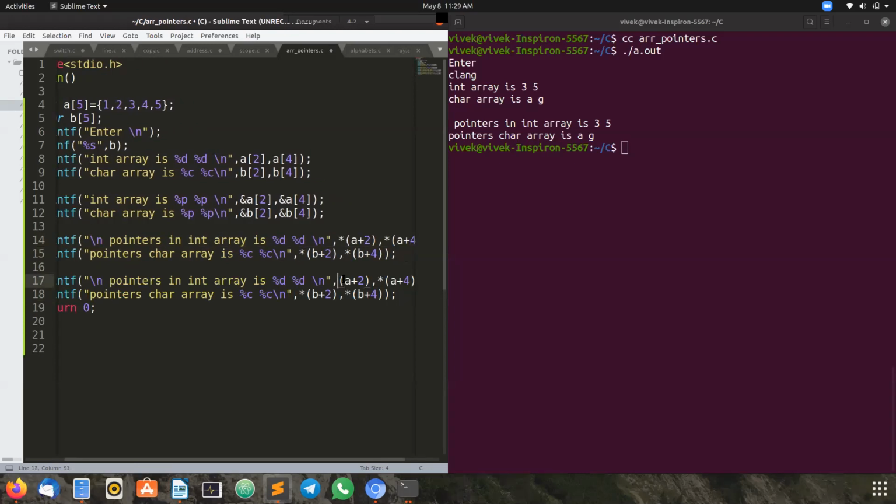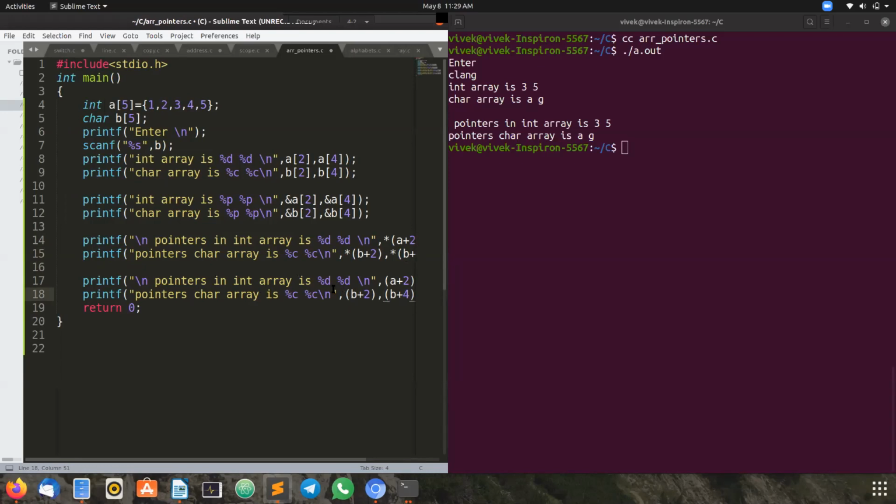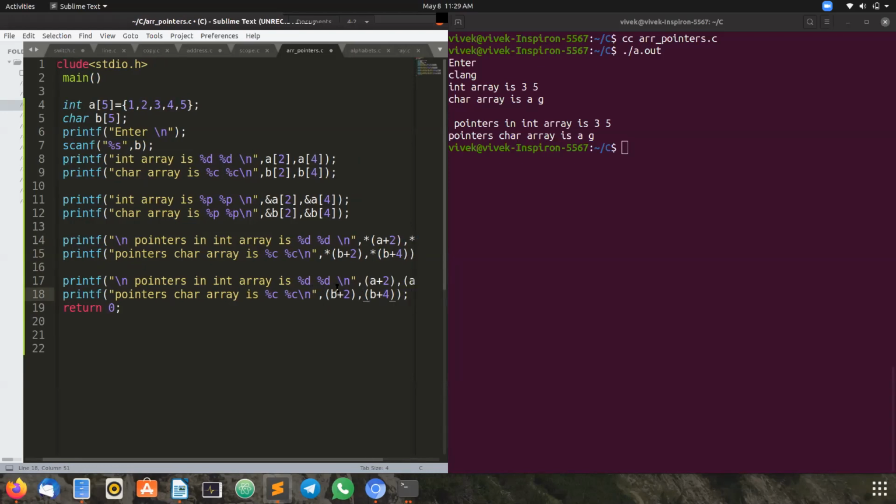Here I'm not putting ampersands, I'm just removing the asterisks before it, because b plus 2 and b plus 4 themselves are addresses. To obtain the values at that address we put the asterisk. So I'm putting addresses.